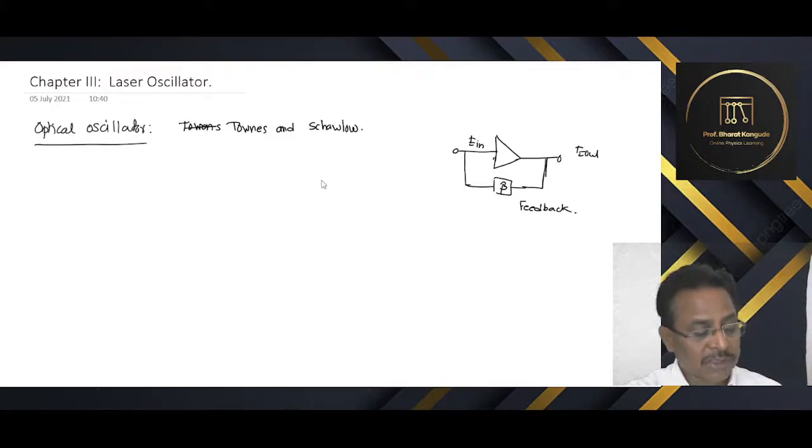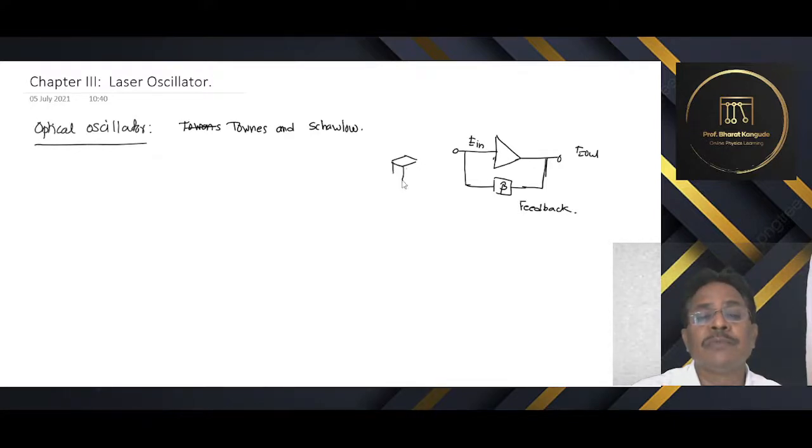They showed that there is no necessity for a closed cavity at light frequencies or optical frequencies, and an open cavity in the form of two parallel mirrors can be used. In an electronic circuit we need a cavity like this. The cavity is a metal box where these signals are supposed to be formed, which are called standing waves.